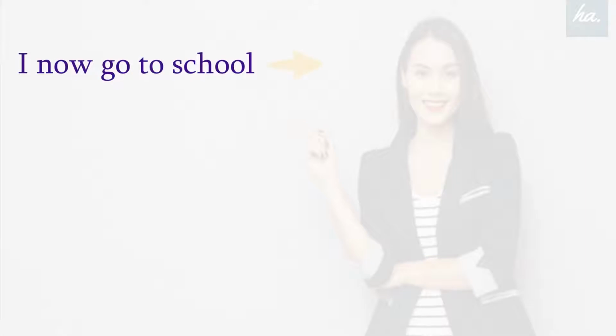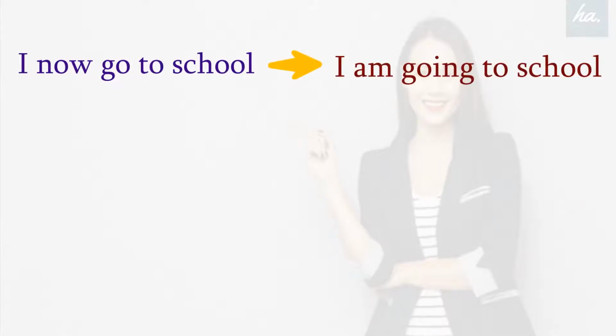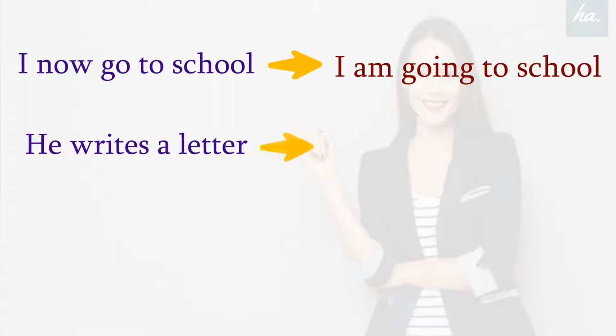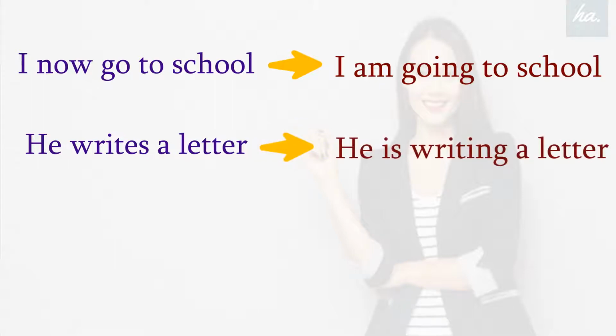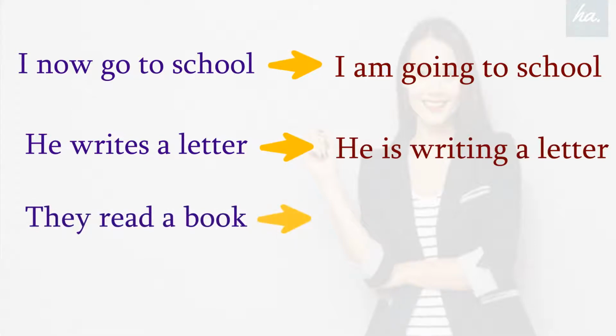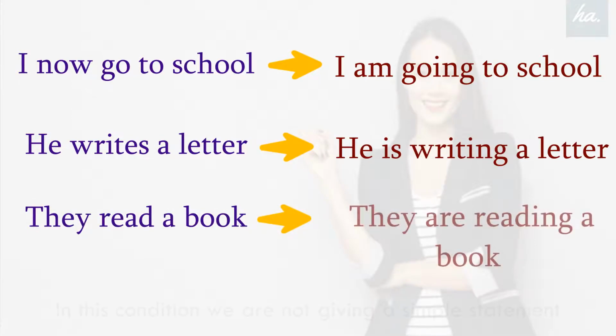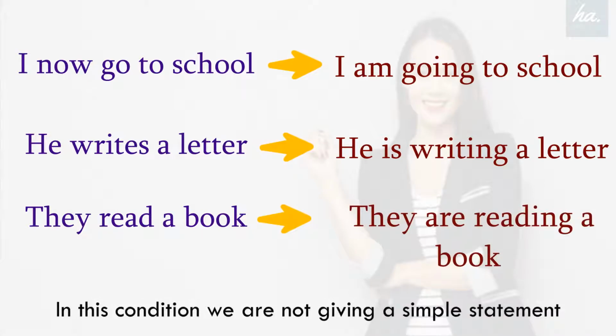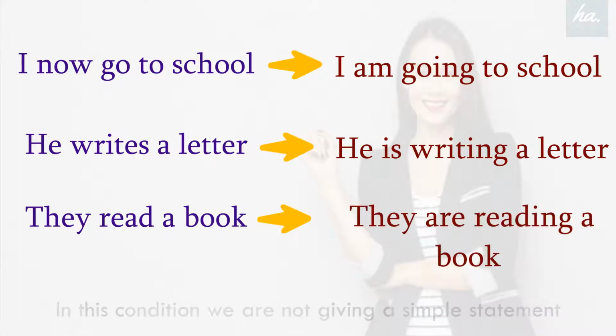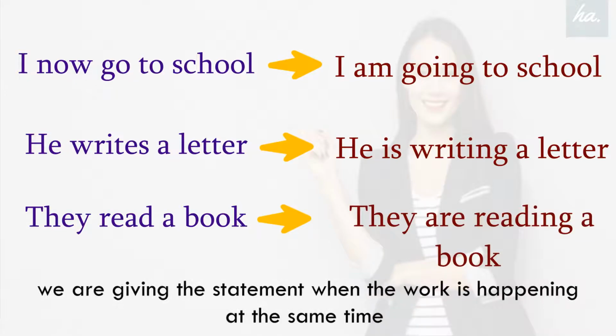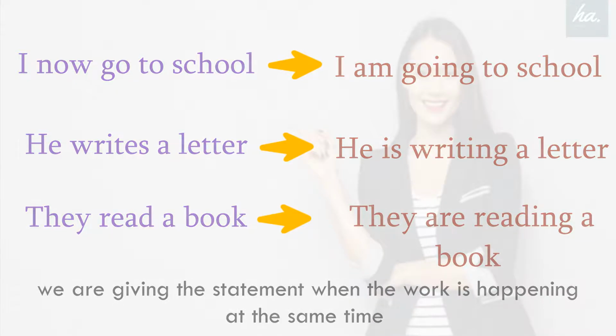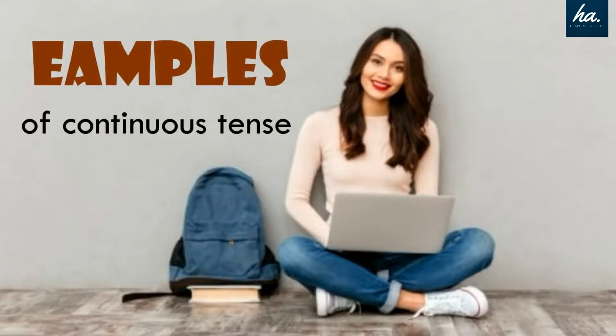to school, the sentence will change into I am going to school। And the second example, instead of saying he writes a letter, that is an example of indefinite tense, the sentence will change into he is writing a letter। Instead of saying they read a book, the sentence will change into they are reading a book। It means in this sentence and in this condition, we are not just giving a simple statement. We are giving a statement when something is happening at the same time।